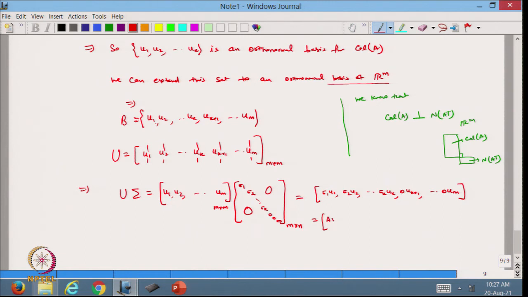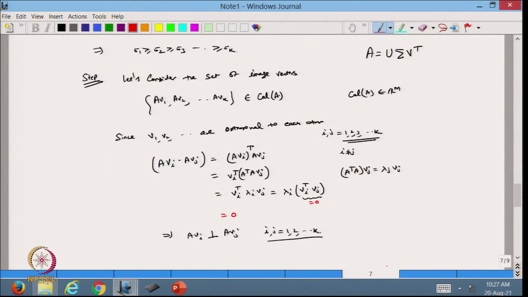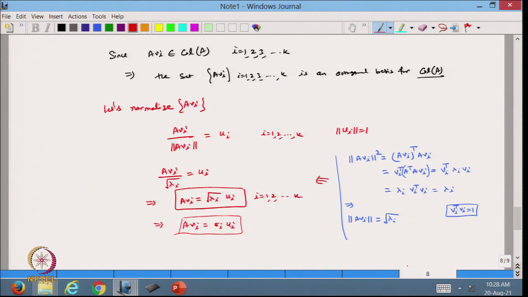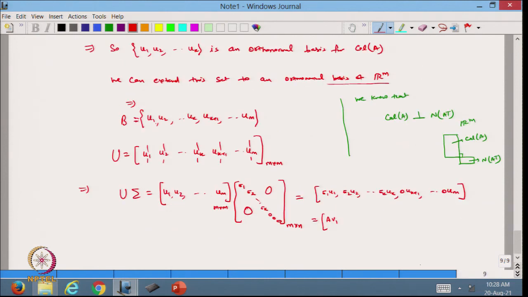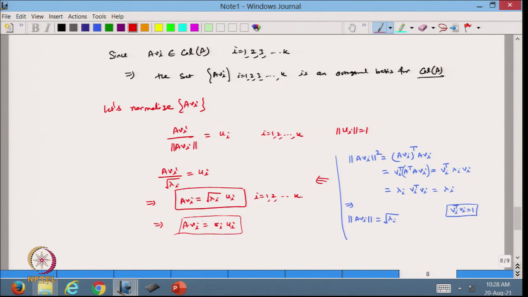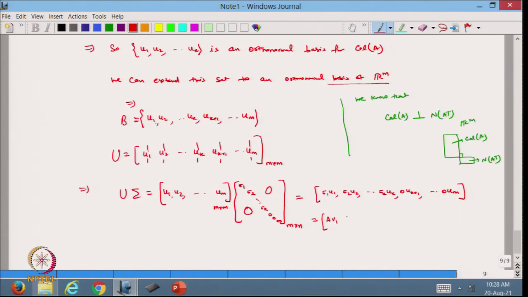This I will get, and this is equal to sigma 1 u1 is A v1. So, that we have seen from this one, yeah, from here. So, A v i is equal to sigma i ui. So, I am getting sigma 1 u1. So, sigma 1 u1 is A v1. So, similarly, I can write A v2, A vk, and 0. So, if I put it here 0, then this value is coming 0 0 0,